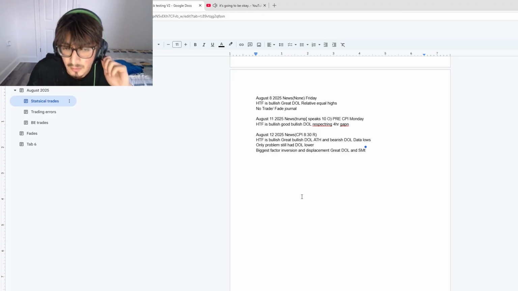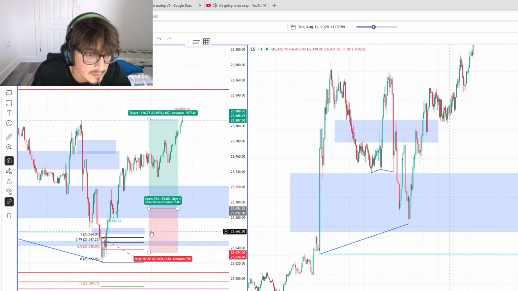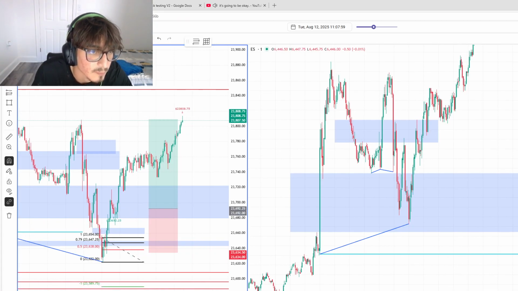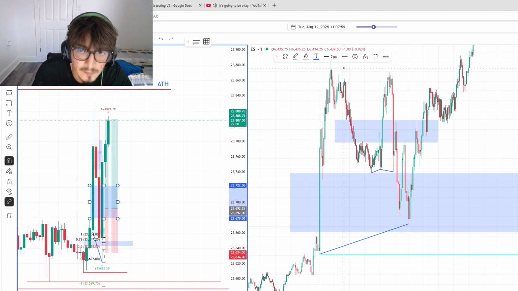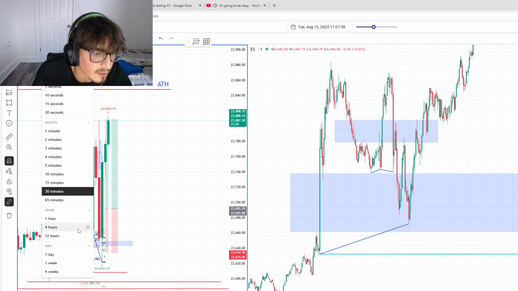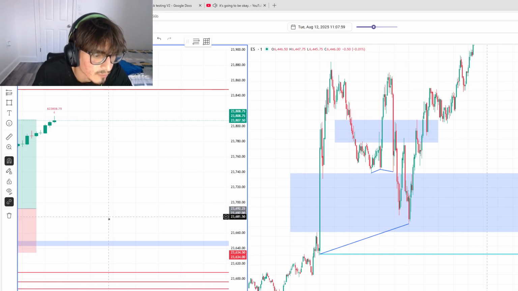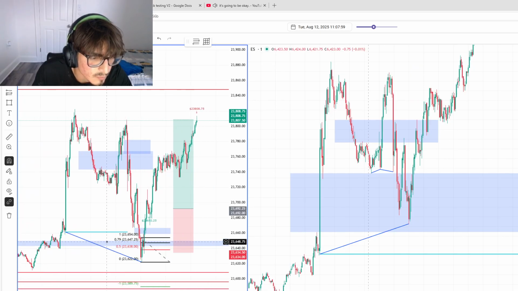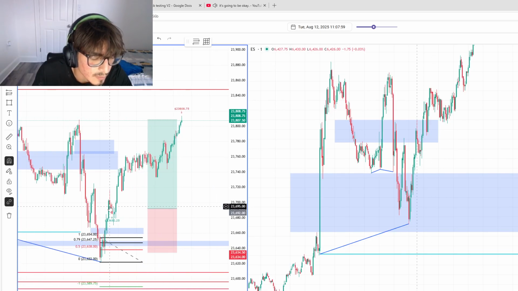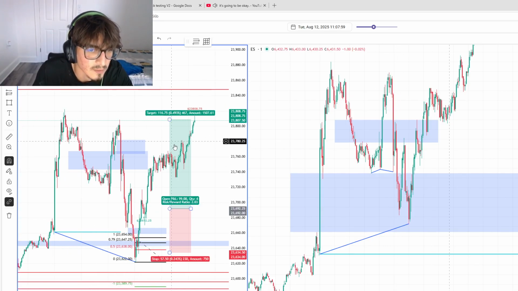Yeah, so biggest factor would be the inversion, displacement, great draw on liquidity, and SMT. Honestly, this is what I would consider an A+ setup for me. The only thing is we did have this 30-minute we inversed, but 30-minute doesn't really matter. We have a stronger high time frame rejection from here. And we also have SMT. We had reasons to go lower, but nothing obvious. We're rejecting from this 1 hour gap. We're showing great. I mean, we could draw on liquidity higher, LRLR. What else can you ask for?